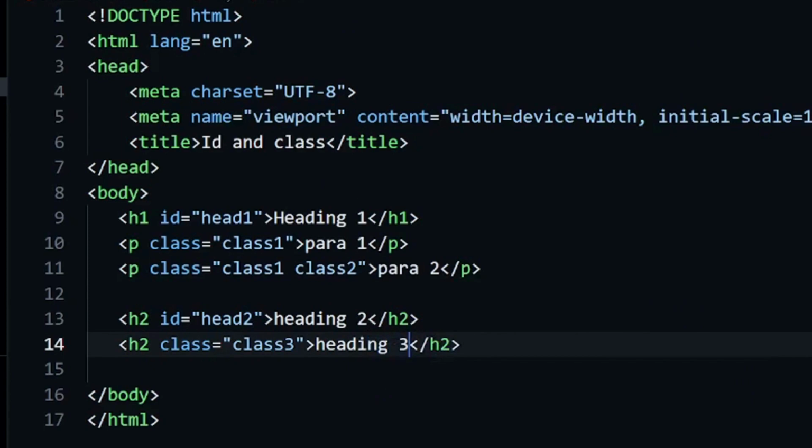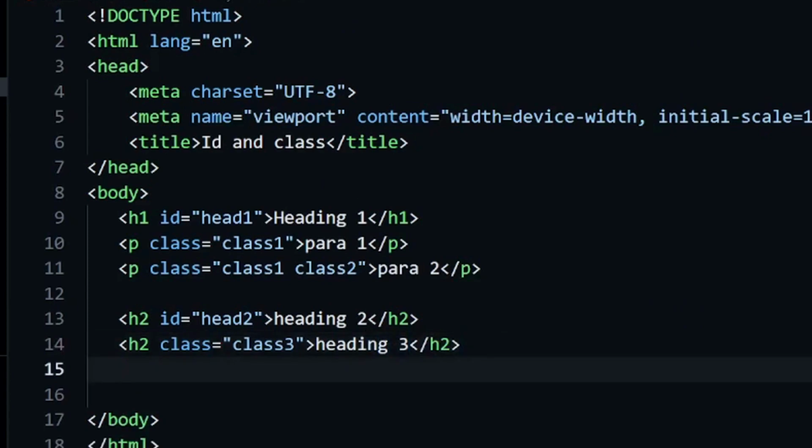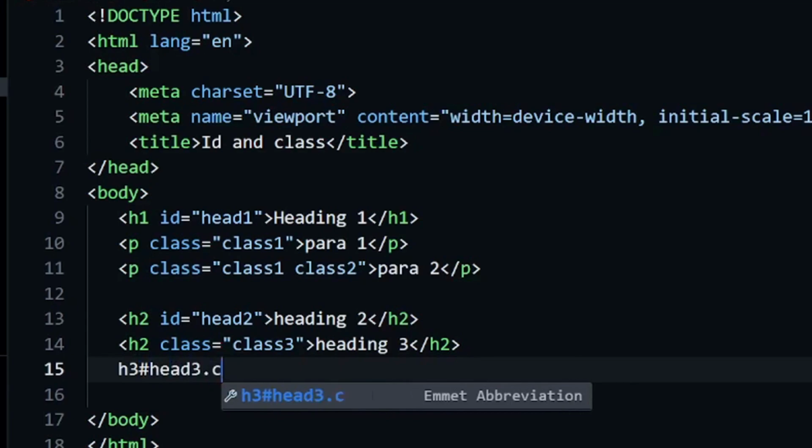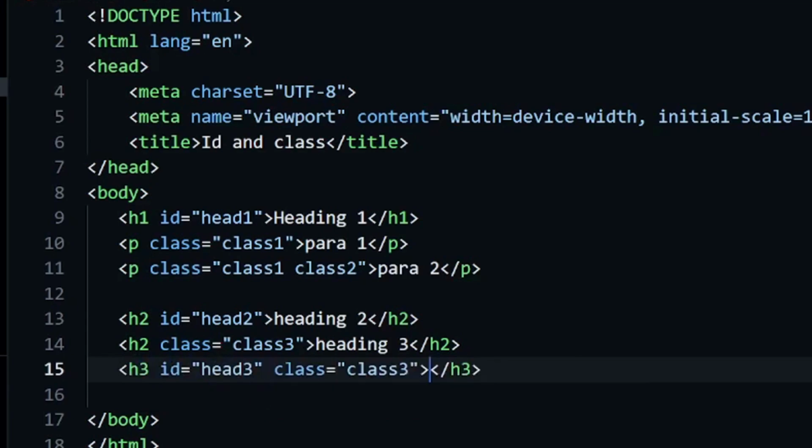If I want to write an element with ID h3 and class 3, I can use my element name. For the ID I have to use a hash, then the ID name. For the class I have to use a dot and the class name.